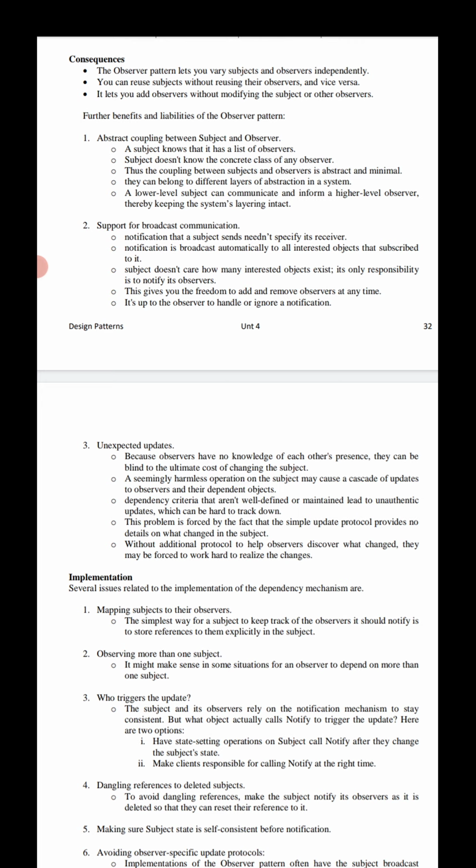If the subject and observer are lumped together, the resulting object must either span the two layers and violate the layering, or be forced to live in one layer or the other, which might compromise the layering abstraction. This is the main concept of abstract coupling between a subject and observer.